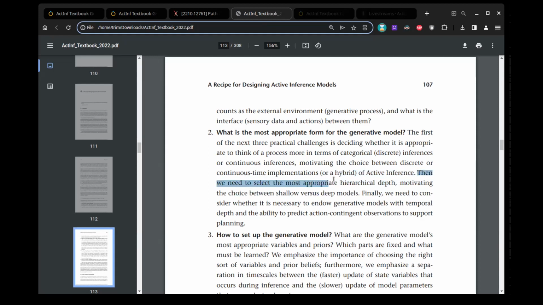Then we need to select the most appropriate hierarchical depth, motivating the choice between shallow versus deep models. So how much spatial, temporal, or causal depth is the model biting off? Are you trying to model weather for one season or for 1 year or for 20 years or for 1,000,000 years? And then how is that scope going to be compartmentalized into the model?